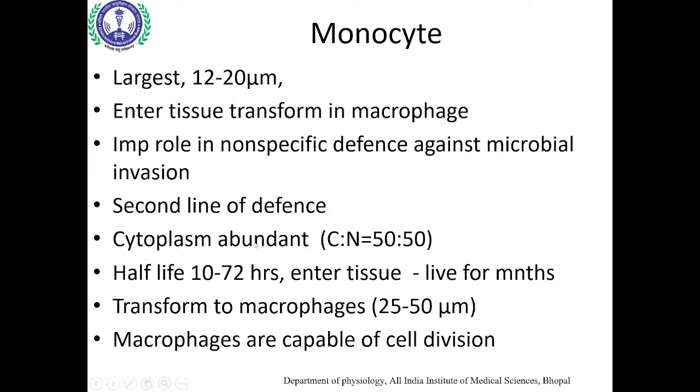And the cytoplasm is abundant, and their nucleus is also very large, kidney shaped or indented. Like the rajma you have seen, kidney beans, right? The nucleus appears in that same shape, or a horseshoe shape is also seen. It can vary, a little variation can occur. And most of the time if it is 12 to 13 or 14 micron, you may confuse it with large lymphocytes, right? So you have to be very cautious while giving the nomenclature or identifying these cells, right?